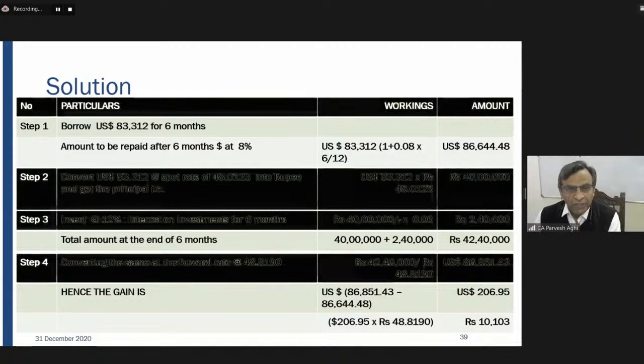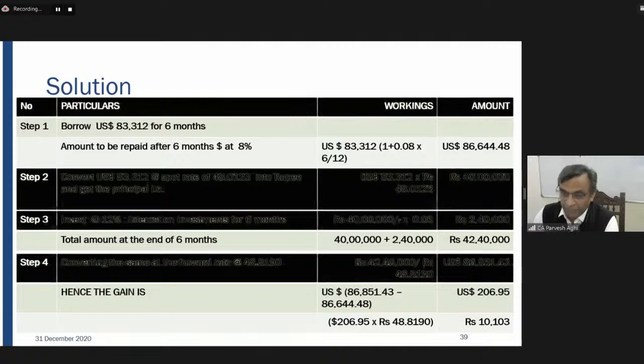So that means he's going to get 86,851 rupee $0.43 after 1 year. Since the money is growing to 42,40,000, he has taken a forward cover or a forward rate contract. He has entered into a forward rate